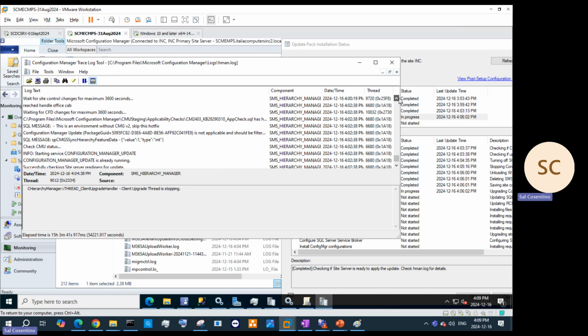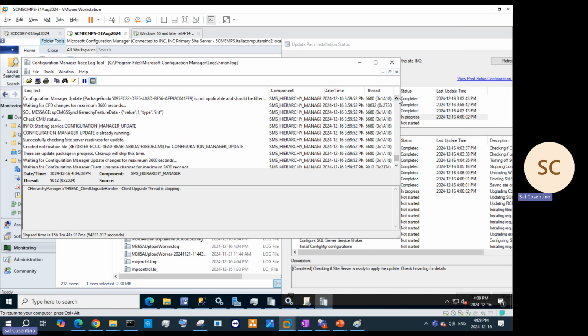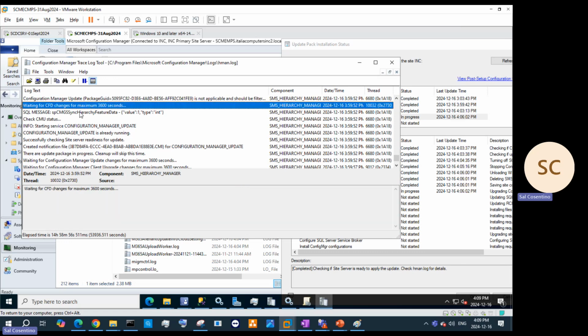There's a pretty big jump from before. So there's a lot that's been happening. Again, there's the update package. The GUID is not applicable. It should be filtered. Again, this waits for CFD changes for a maximum of